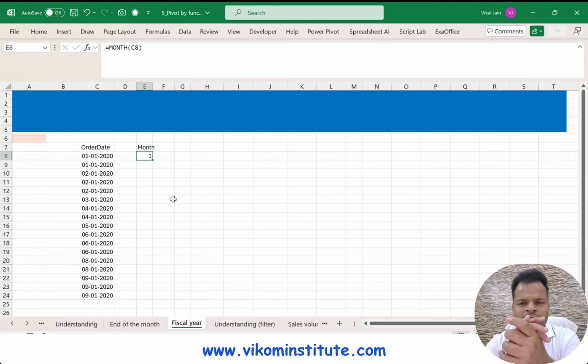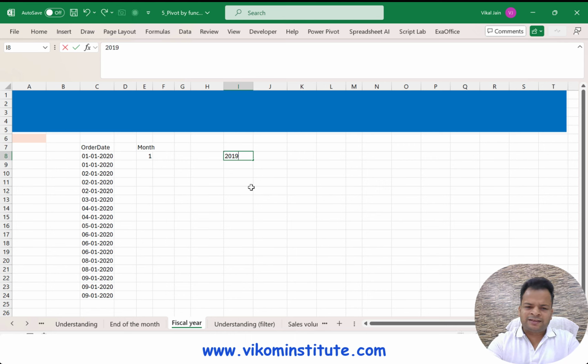When I'm talking about a fiscal year, the year starts from 1st April to 31st March. So the year would look like 1st April 2019 to 31st March 2020. For this date, I will extract the year as it is.